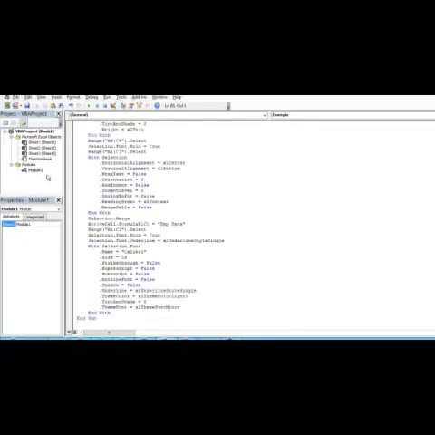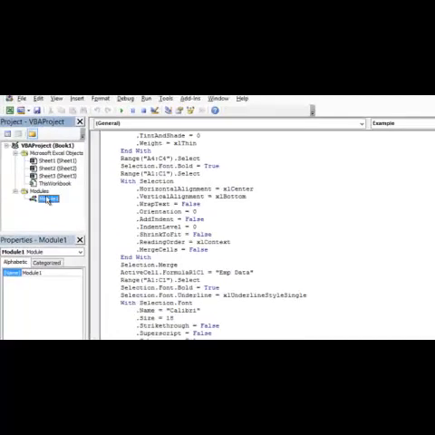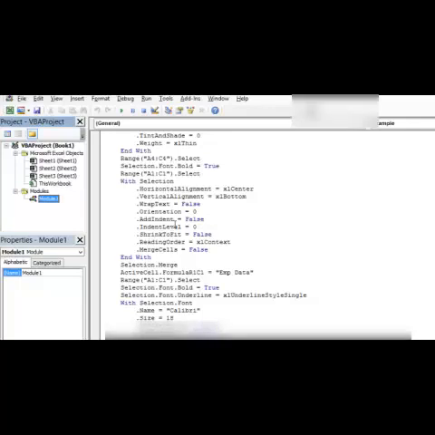And if you observe, the macro we have created is stored in Module 1. That means this particular code is related to the entire workbook, and in whichever sheet you want, you can run this macro.